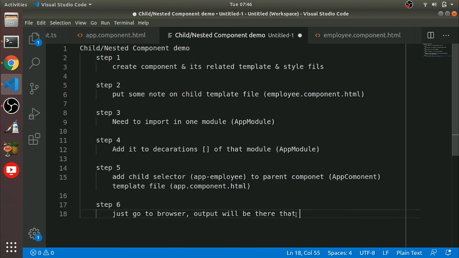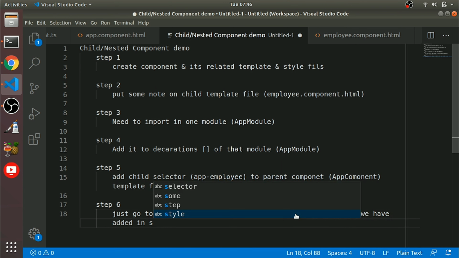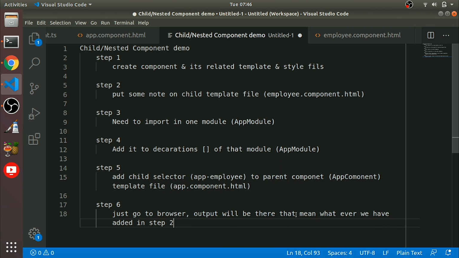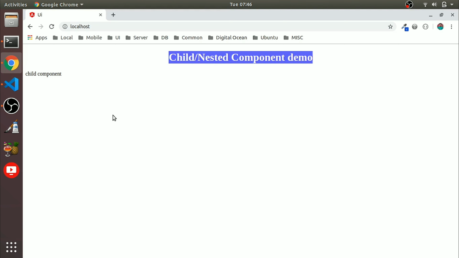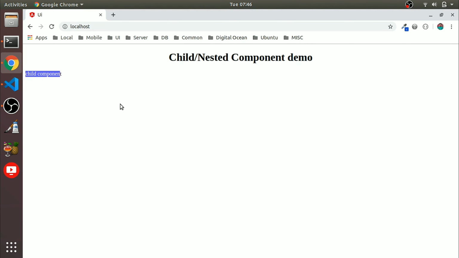That means whatever we have added in step 2 will show in browser. Okay, like this will show. So we have added child component, it will show here.